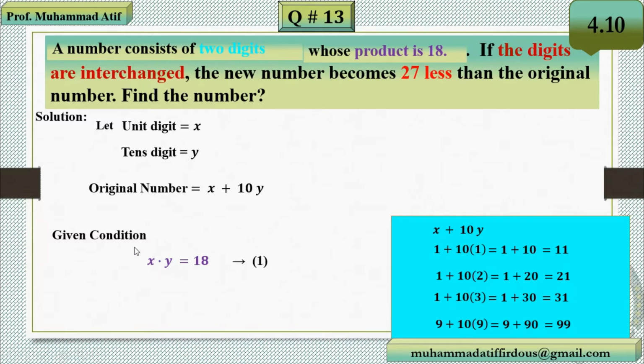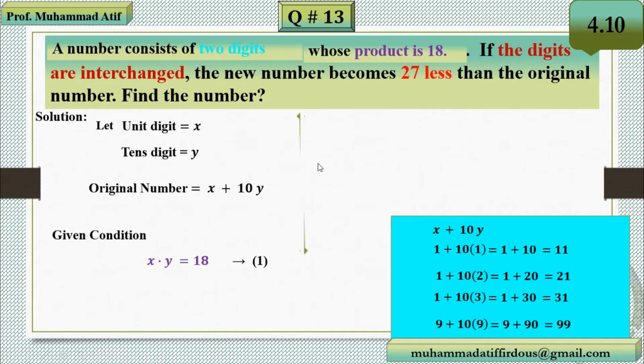It's the given condition. Next, if the digits are interchanged, meaning you replace the unit digit by the tens digit and the tens digit by the unit digit. If you have 21 and the digits are interchanged, the answer will be 12. If 27, if the digits are interchanged, then you can write it as 72. Similarly, if you replace the original number, you have to replace the unit digit by the tens digit and the tens digit by